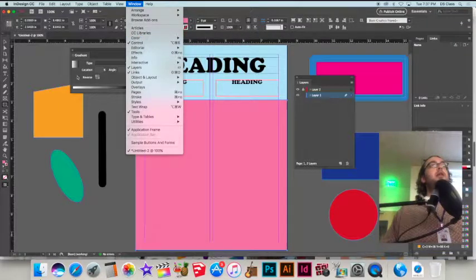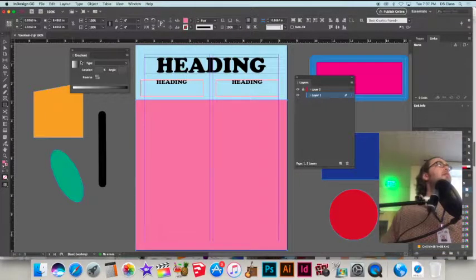Okay. So the gradient that's on here right now, does everybody have the gradient box out? The gradient that's on here now is not the one we're going to use. It's like a super simple white to black. But we want to go in here. There's hundreds you can make your own custom. So what you want to do is click on this slider on the bottom. See the two squares, white and black. So this first one, double click it, or well, no, you double click in Illustrator. I'm sorry, but do click on it one time so you've got it selected, and then I think over here in the color area,